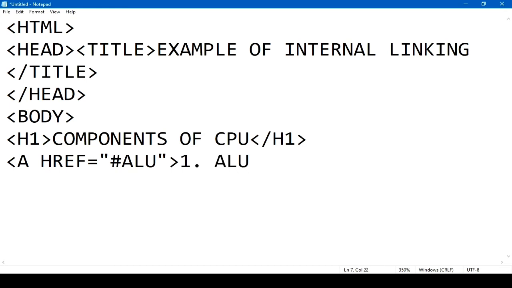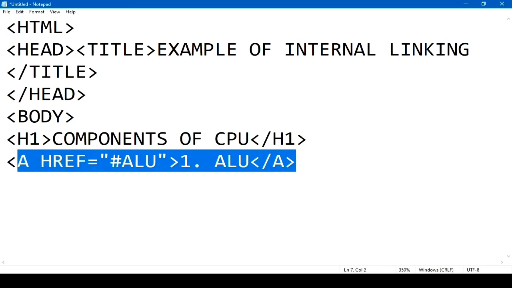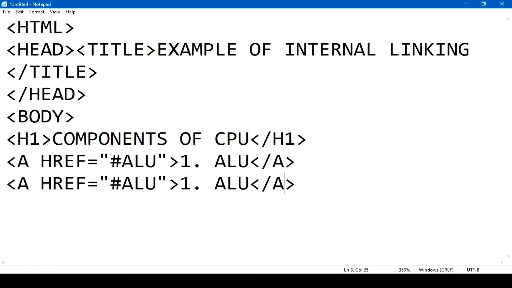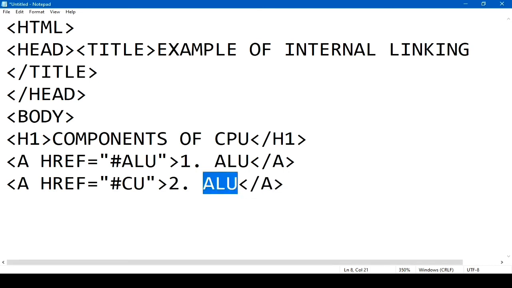So first define the link to the target fragment and then create the target fragment. So first we will link to the target fragment, hashtag ALU, and same for the CU. So two links we will create, one for ALU and second for CU. One is arithmetic and logical unit, second is control unit, because there are two components of CPU.